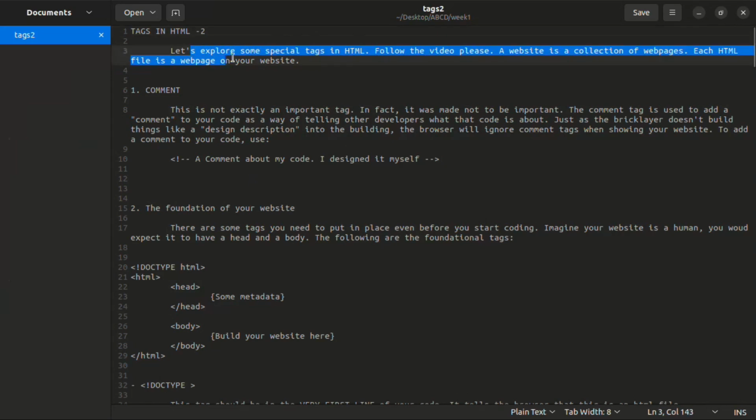So tags. Let's explore some special tags in HTML. A website is a collection of web pages. Note that. So when you go to something like